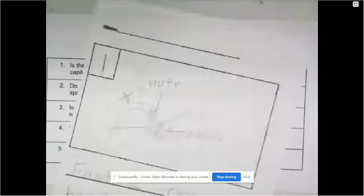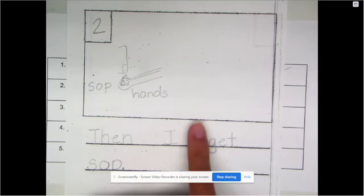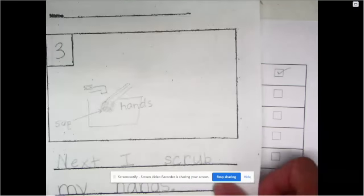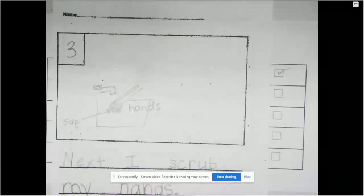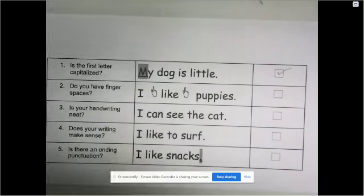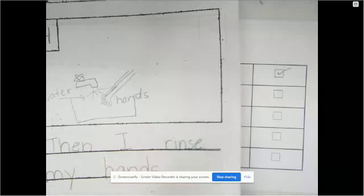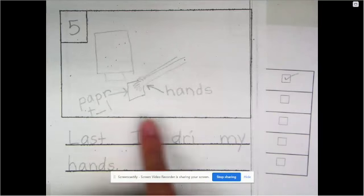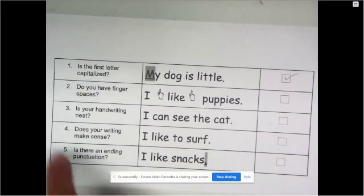Yes, I do for page 1. Page 2. Yes, I do for page 2. Page 3. Yes, I do for page 3. Page 4. I also do for page 4. And my last page, page 5. Let's make sure. Yes, I do. All right, next one